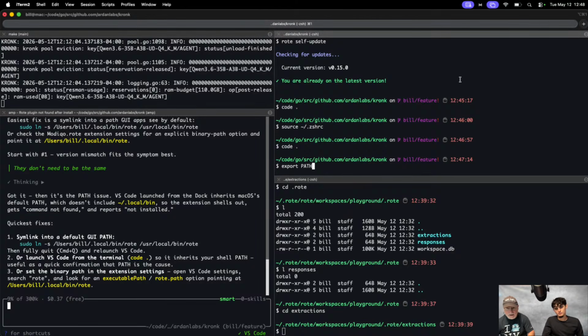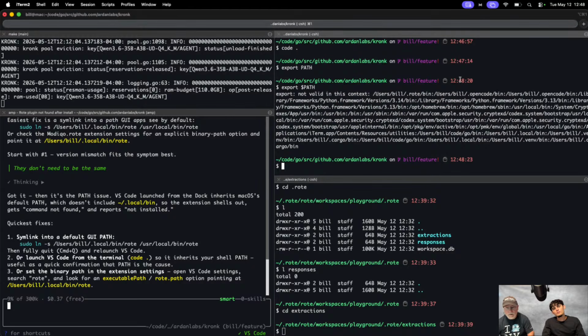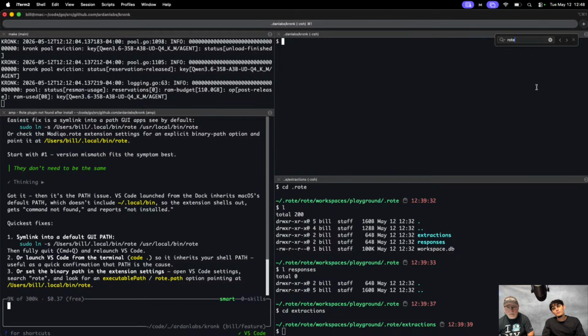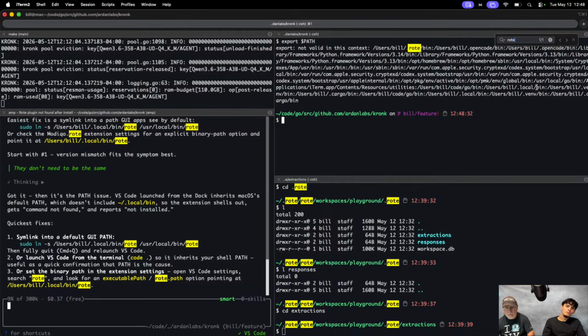We don't have to spend a lot of time on this. Okay, so rote is there the way they wrote it. They put it up front. And then that means that the other shell integration would have worked. So I don't think it's that.